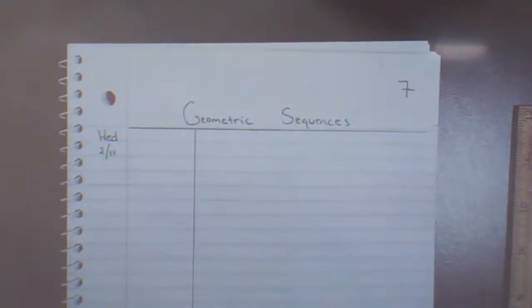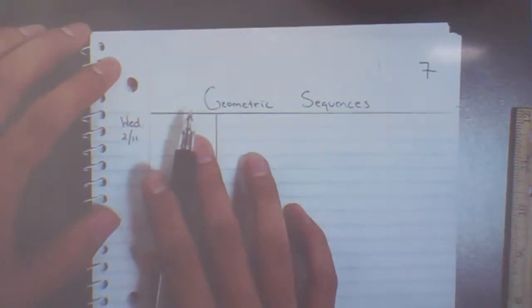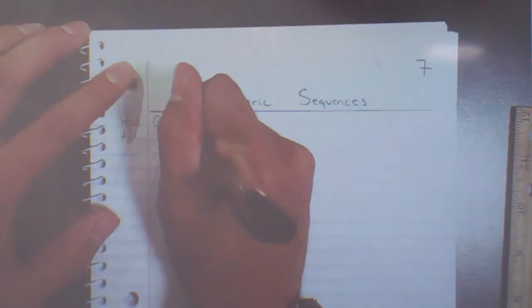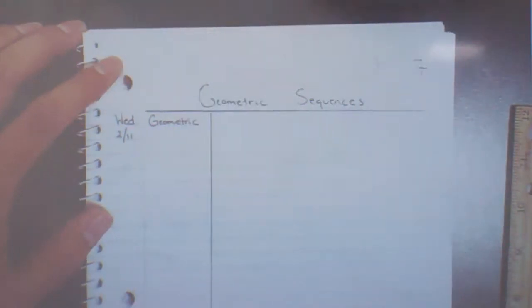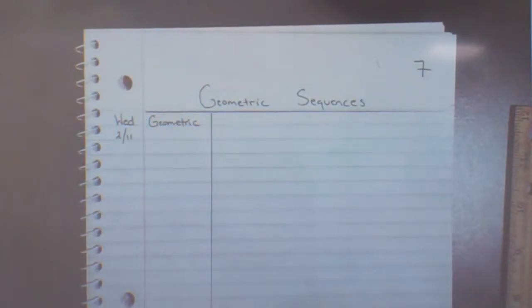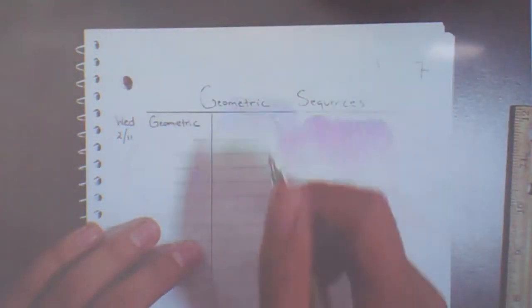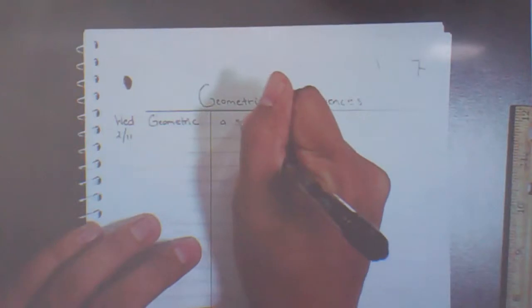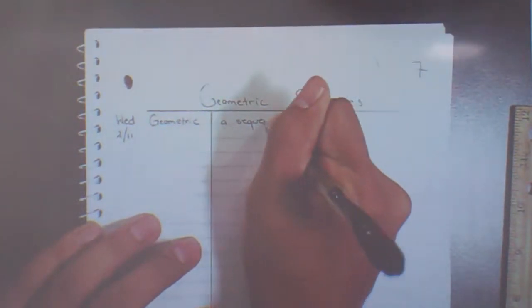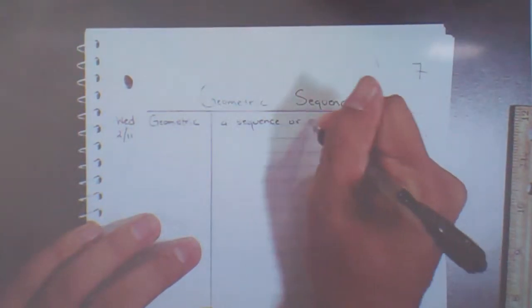Okay. Alright, so at the very top, can you write geometric sequences? Left hand side, I'd like for you to just write the word geometric. Okay. So for geometric, we're going to discuss this whether it's a sequence or a series. So I'll just write that. So it's a sequence or series